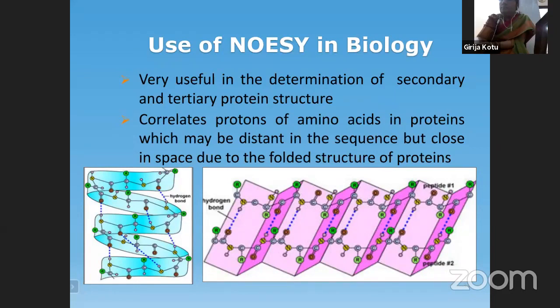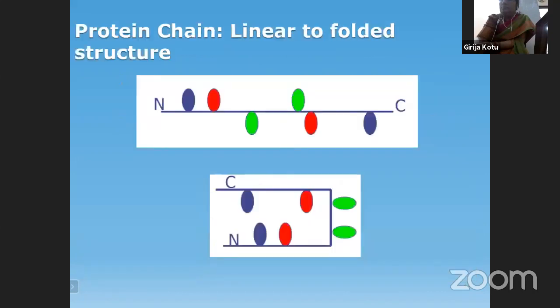And if, when you take the NOESY spectrum of a protein structure, you find a cross peak, then you can say that yes, the molecule is not linear, it is taking up this particular shape. And why it is taking this particular shape is based on the stability, internal hydrogen bonding. So all these are interlinked, and by this you can say that with the help of NOESY also, we can know the structure of the proteins, the secondary structure, the alpha helical structure.